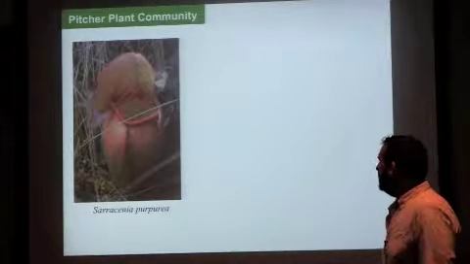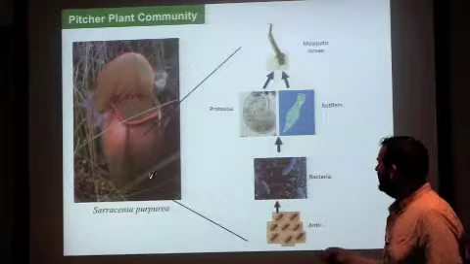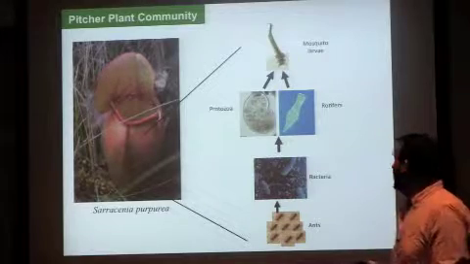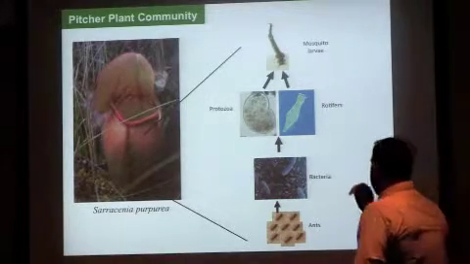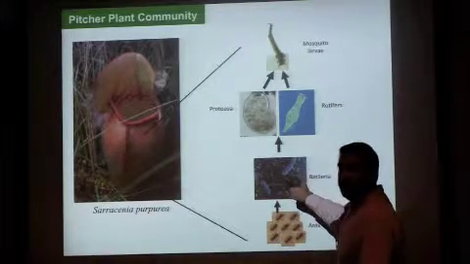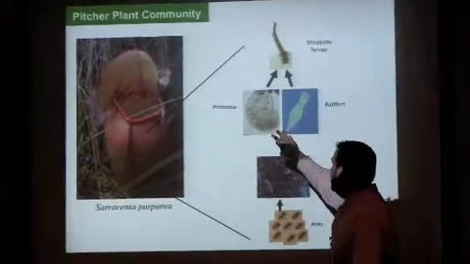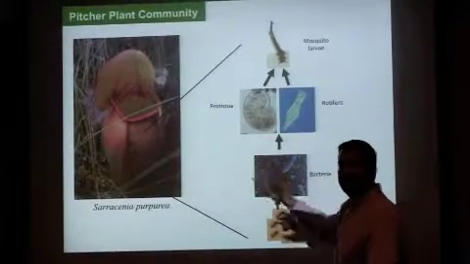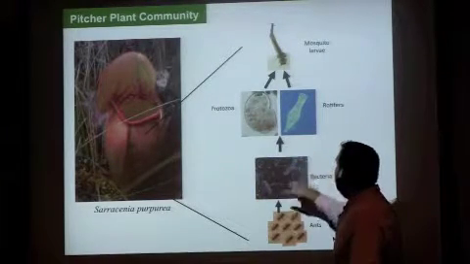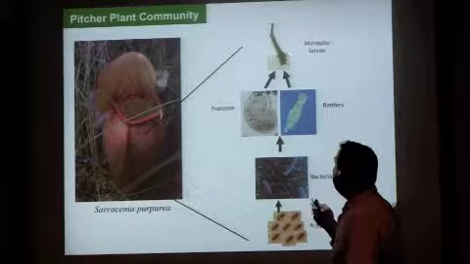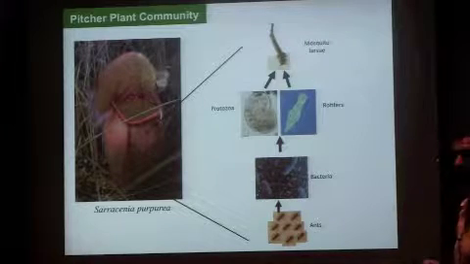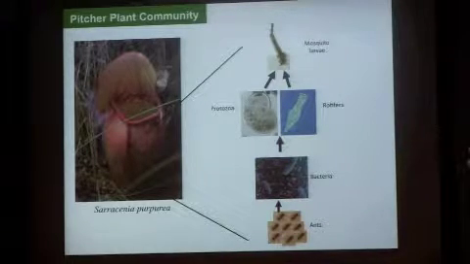And I'm not going to talk about the plant so much today as this community that exists inside of the leaf. So in that rainwater in the leaf, there's a whole community of microbial species in there. So they make this little food web. At the bottom of the food web, the dead ants are consumed by bacteria. Those bacteria are then consumed by a suite of several different protozoa. There's about 5 common species in there. There's also a rotifer that's endemic to pitcher plants. And then there's this specialist mosquito larvae that only exists in pitcher plants. So it only lays its eggs in pitcher plants, and it tends to be the only mosquito larvae you find inside of these plants.